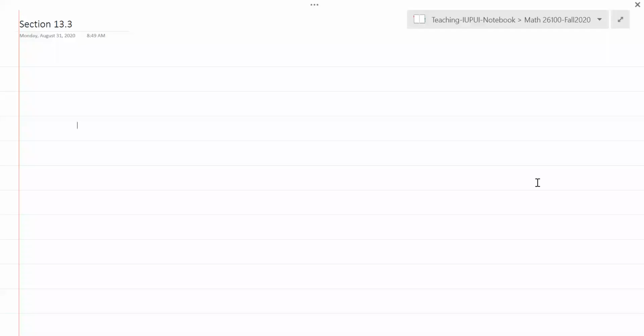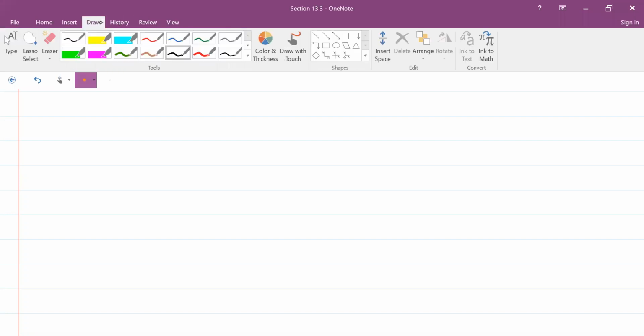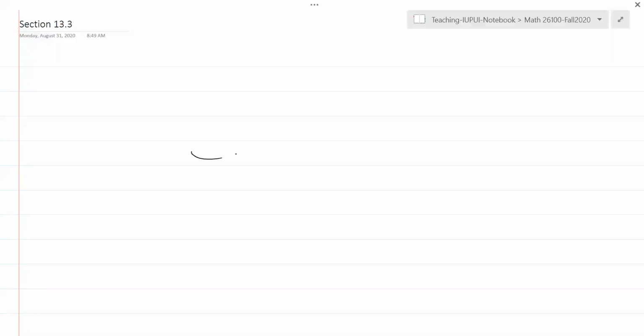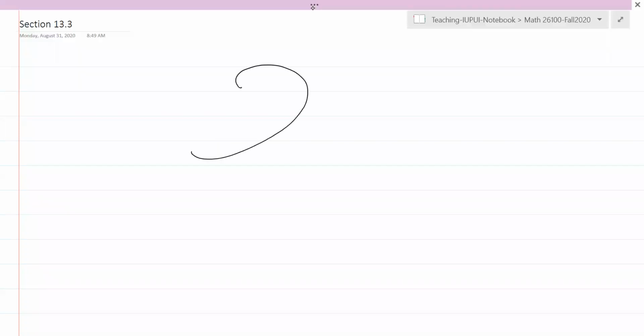Yeah. So given a curve, viewed as an orbit of some moving object in three-dimensional space. Okay, so suppose we have this curve, right, and